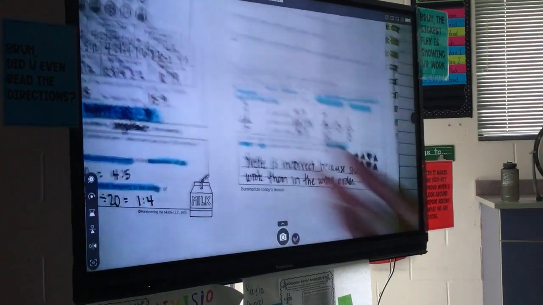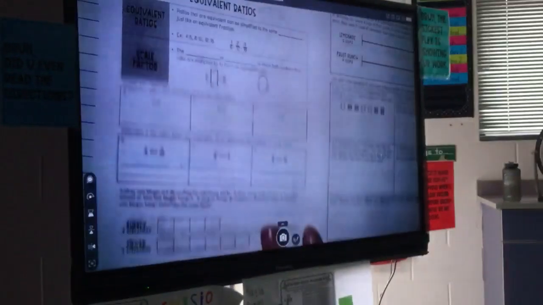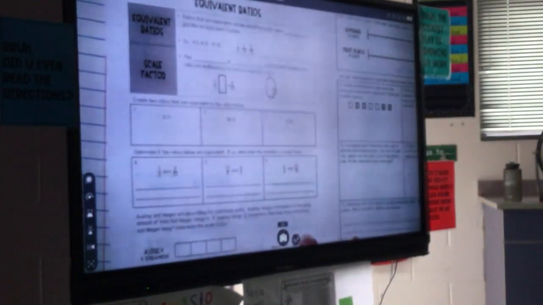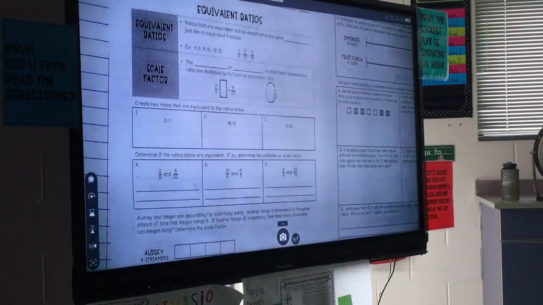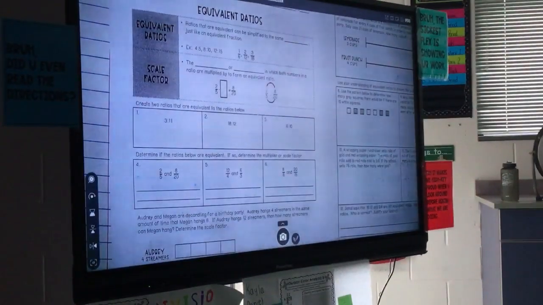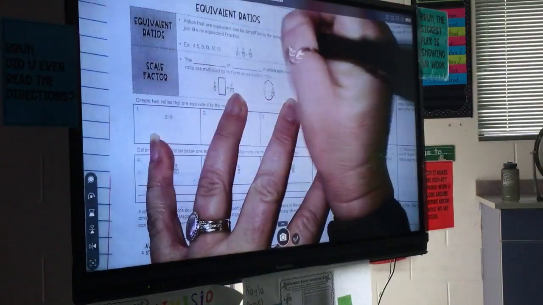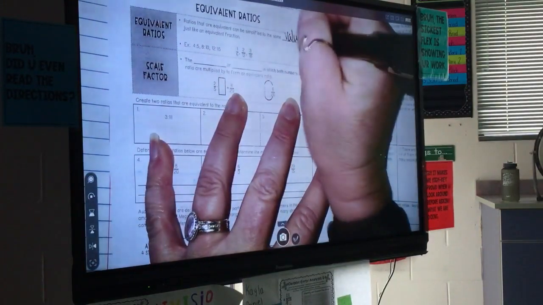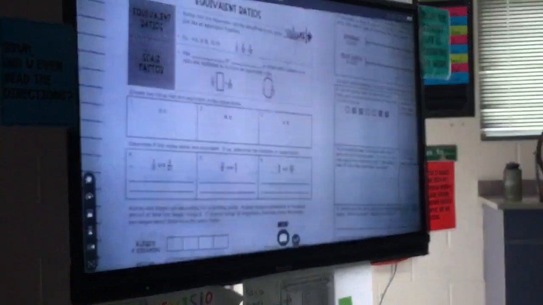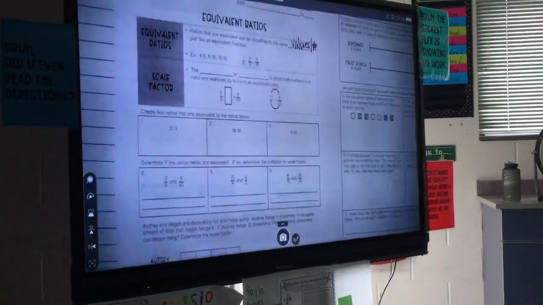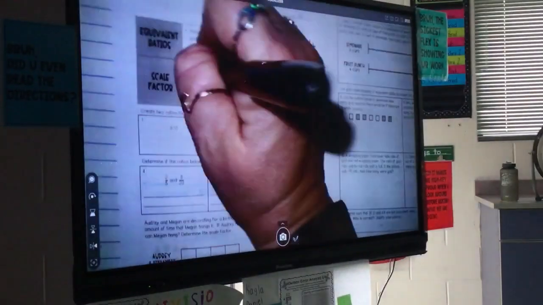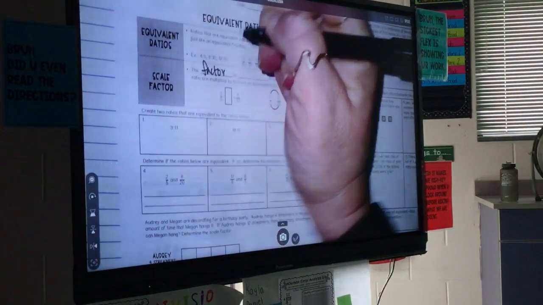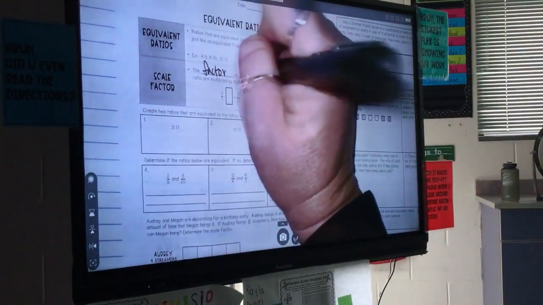All right, guys, go ahead. Flip your paper over. Let me just write this. All right. It says ratios that are equivalent can be simplified to the same values. All right. So simplifying ratios are just like simplifying fractions. You're going to divide. So the factor or the multiplier, I have to sound that one out,